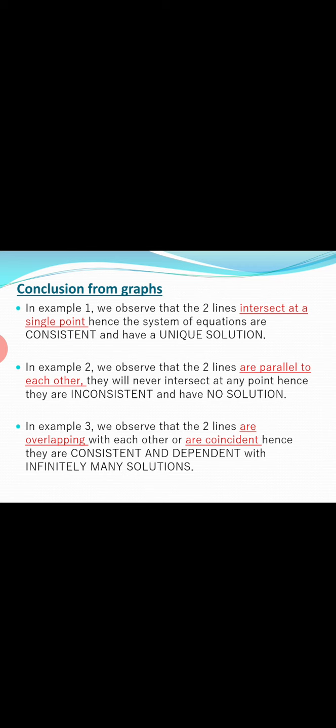So the way of solving graphically is that you will plot both the equations on the graph, you will get two straight lines, and the point of intersection, if any, of those lines will give you the solution. So the coordinates of the point where the lines intersect each other, those coordinates are the solution of the system of equations. So, if they are intersecting at a single point, there is only one solution. The x coordinate of that point will give you the value of x and the y coordinate will give you the value of y.